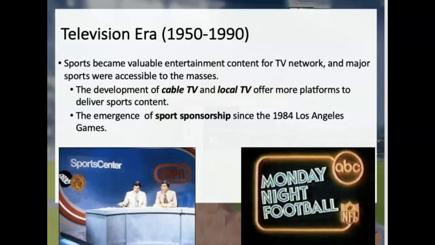That gave marketers the opportunity to find out that this was a new area they needed to step into and try to capitalize on the popularity of sports, selling their products at the same time. And sports businesses realized this was a new business model they could develop, which could help them maximize their revenue generation. Until today,